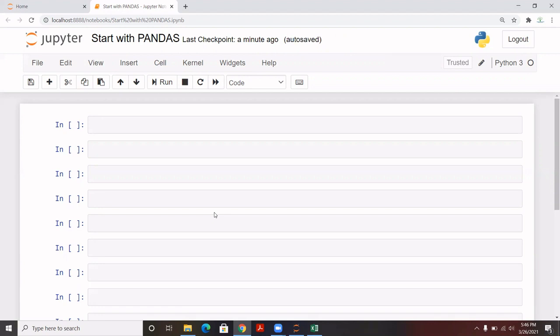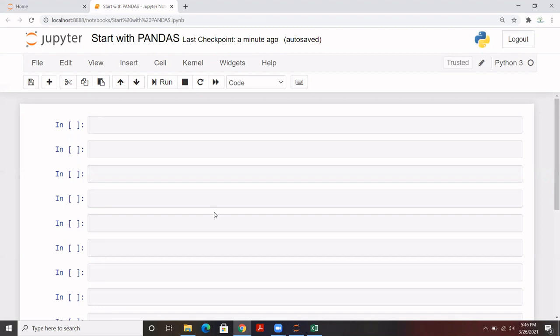As we all know, Pandas is used for data analysis, and it is basically used to deal with external data. You can say CSV files or Excel files or any two-dimensional data that we basically use in Pandas.